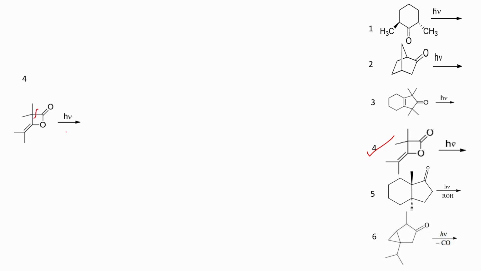Then take the next example, and in this example also, first of all, alpha cleavage takes place by the photolysis, forming this biradical, and again, as in the previous case, the decarbonylation takes place, forming this biradical,